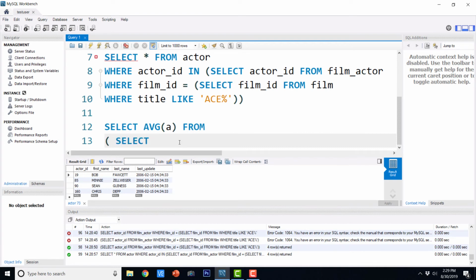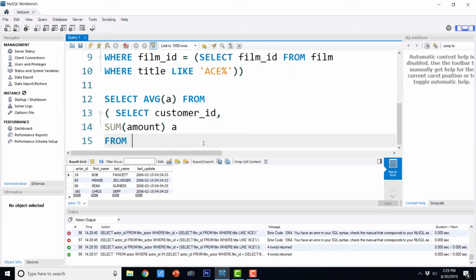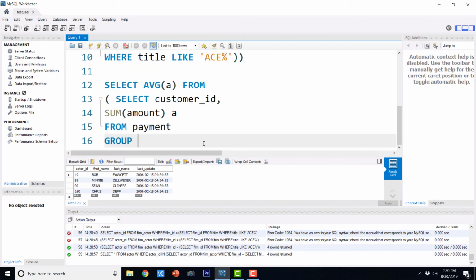select customer ID, comma, sum amount A from payment group by customer ID as totals.